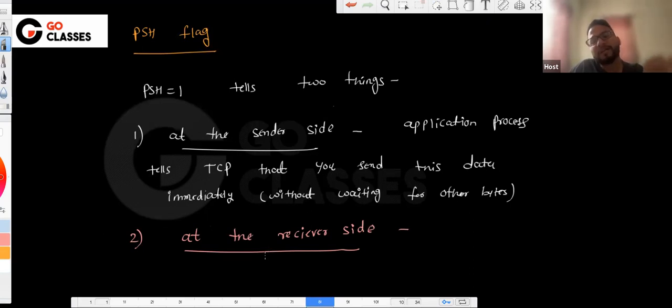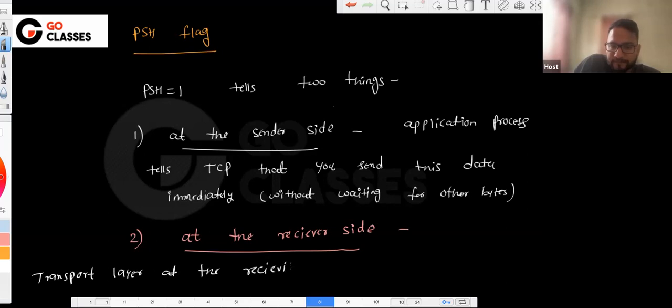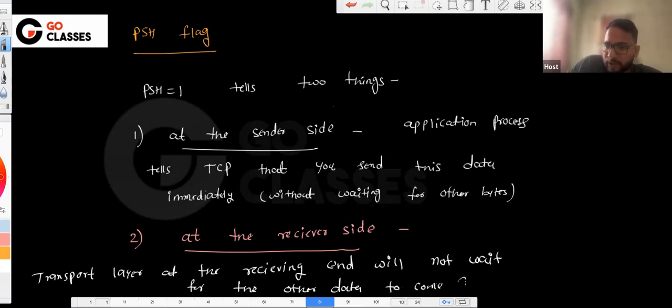No, it just means that the transport layer at the receiving end will not wait for the other data to come and push to the application,